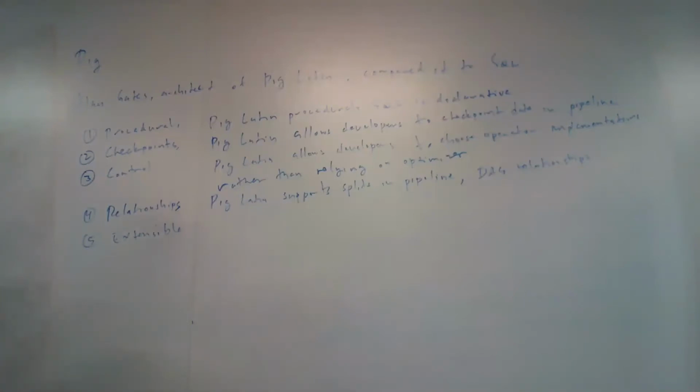You can override what the default query engine is going to provide for you, or the default compiler is going to provide for you. Okay. Yeah. So it's SQL-like, so that someone who knows SQL won't have trouble learning how to program in Pig Latin. But the way it's actually working is quite different than SQL. Okay. So,